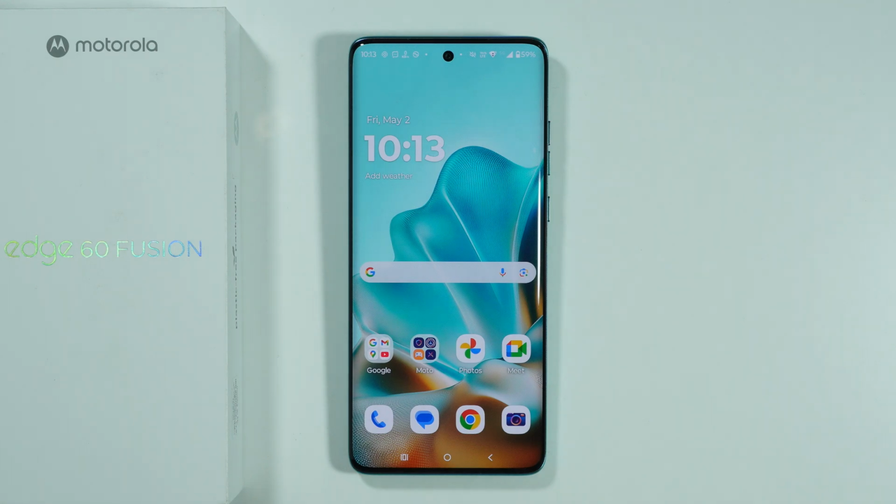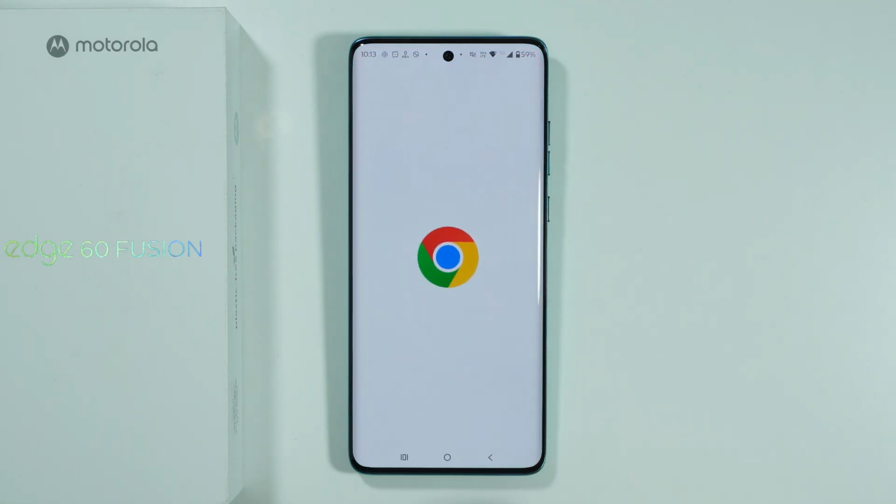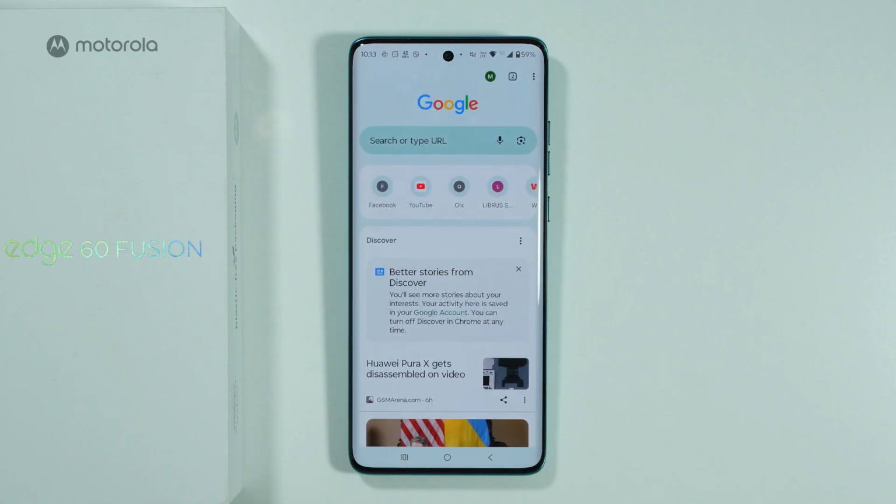In order to clear browsing data on Motorola Edge 60 Fusion, first of all, we're going to open the browser. In my case, I'm going to use the Google Chrome browser as an example. Of course, if you use a different browser, these steps might look a little bit different, but in general, they